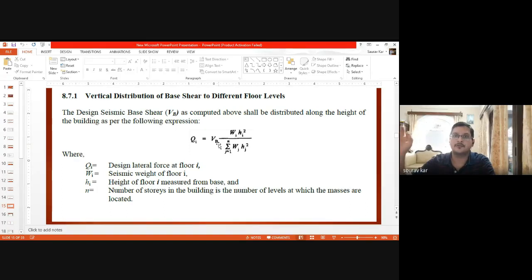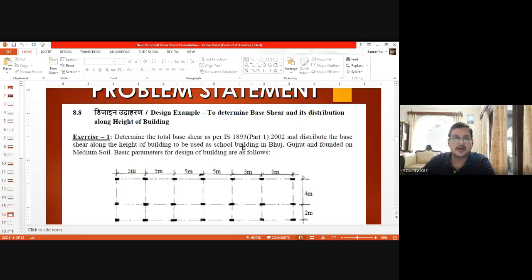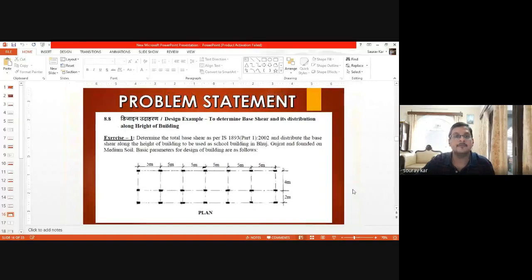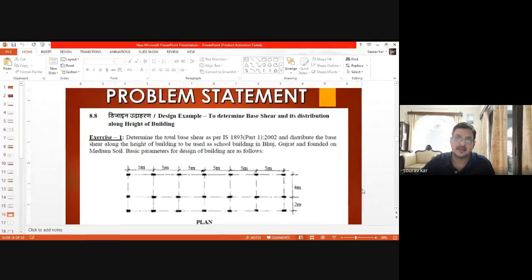How much force is coming on each floor, and that will basically be the lateral force. In the approximate analysis of frames, which we learned in structural analysis 2, which I taught you myself, the cantilever method and portal method of frame analysis, the horizontal forces which I used to give in the question, we can find out from this formula. So coming to our problem statement, which we will develop and study.